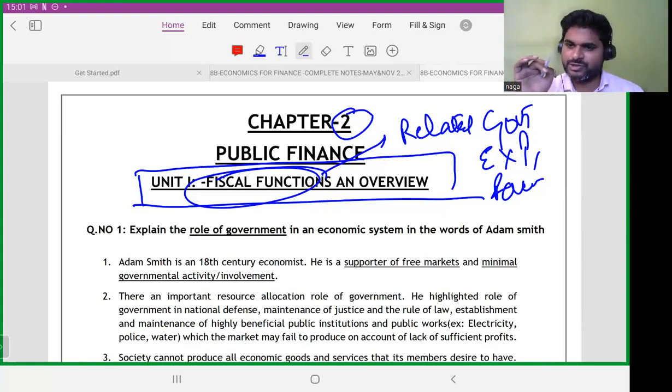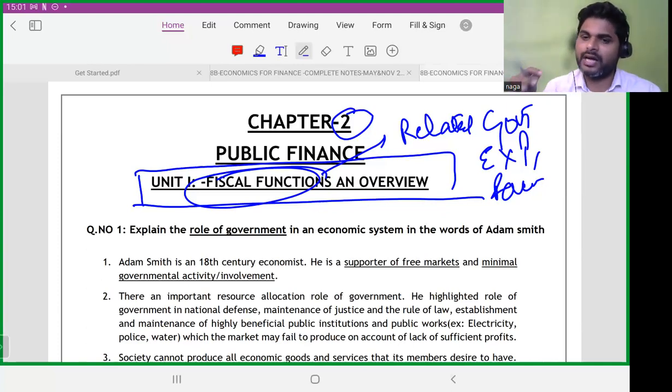Whenever there is a recession, if the government doesn't intervene, what would happen? The situation will become worse. Things like stagflation would come into the picture, and that will make the lives of especially poor people more miserable. They will not be able to afford a lot of goods, right? That is why the stabilization function is needed.